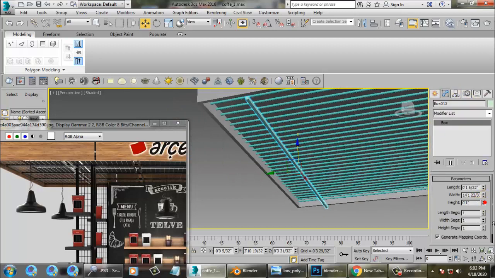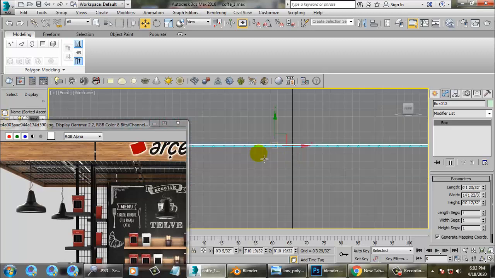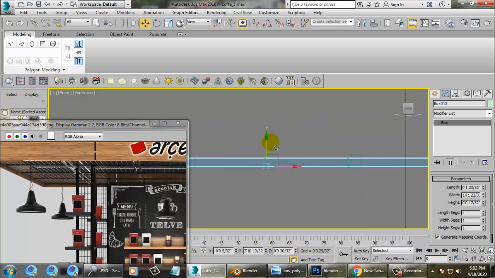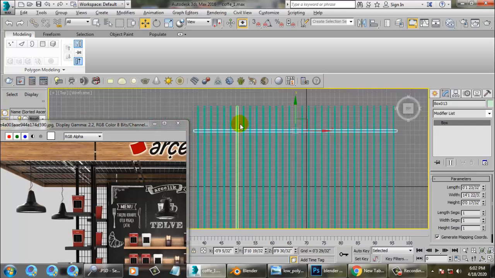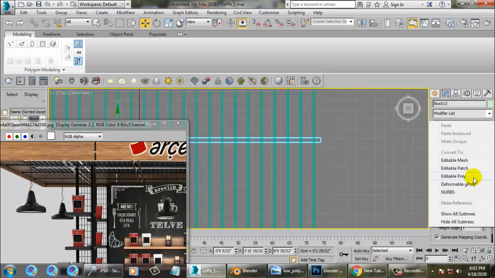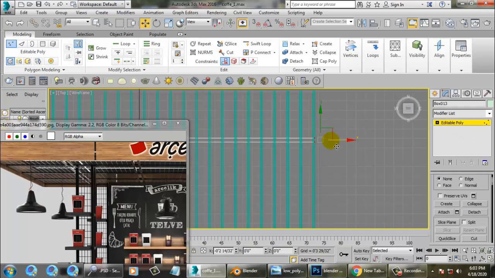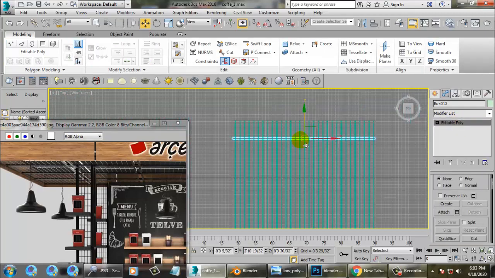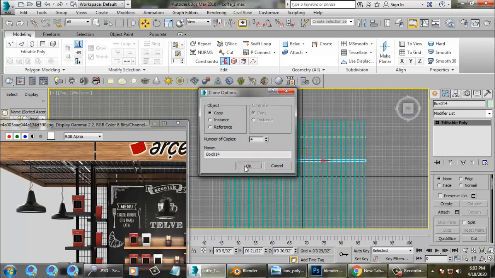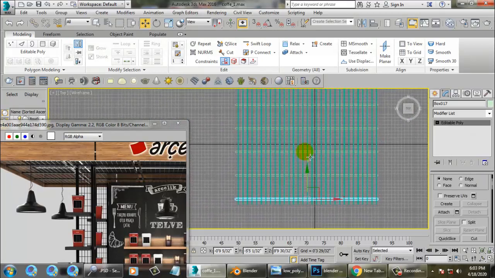Reduce this, increase its length a bit, push it onto the top and make sure it is coinciding with this. Convert to poly, push this over here, shift and drag, and make multiple copies over here.